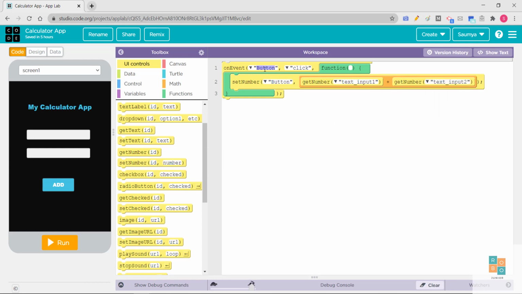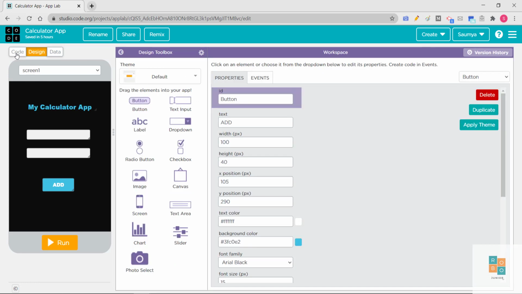So we are done. When the button is clicked, then some function will occur. That function is, we will set a number on the button, that is here on the button, and that number will be sum, that is addition of text input 1 and text input 2, right? So now we are done with the code, with the design part, with the code part.